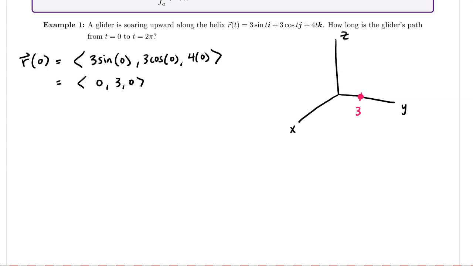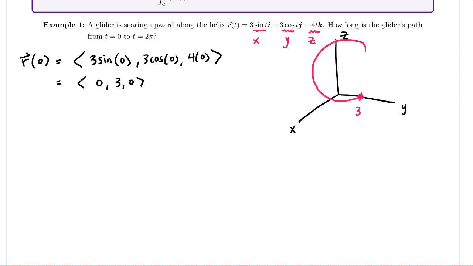We've explored this previously, but because the sine function is in the x component and the cosine function is in the y component, we're going to travel clockwise instead of counterclockwise. And as the t value increases, the z component, or the height, is only going to increase. So it's going to end up looking something like that until it travels back around and ends up with the